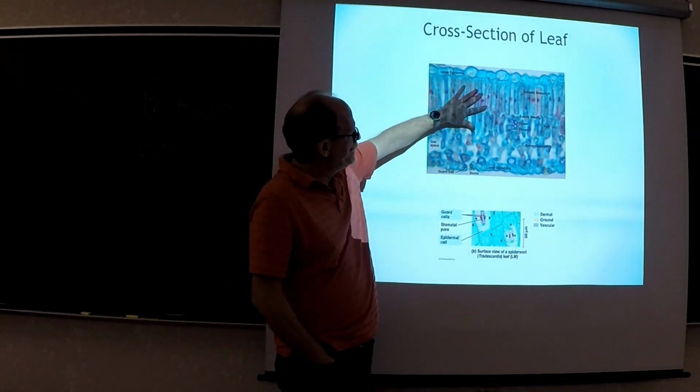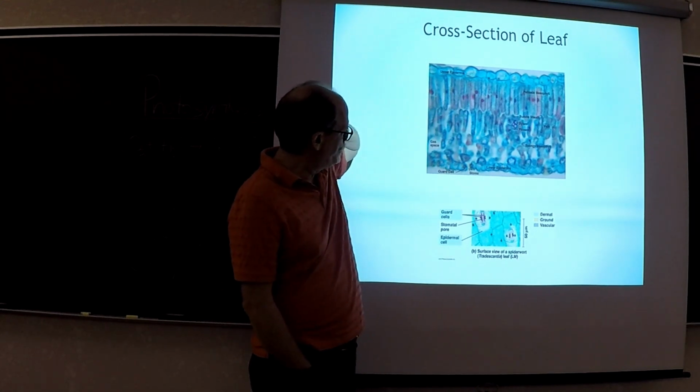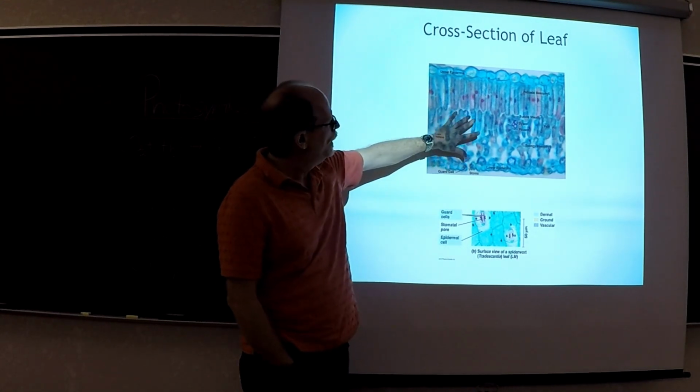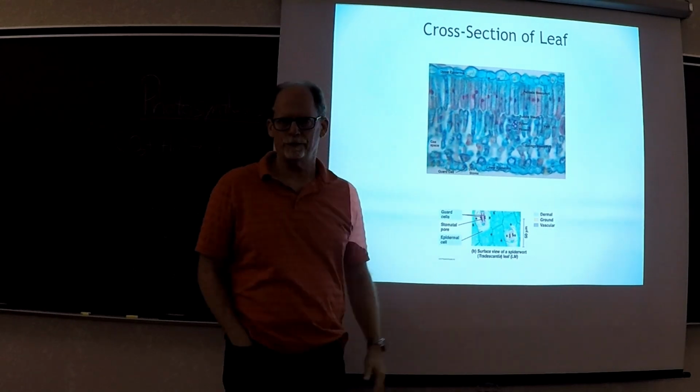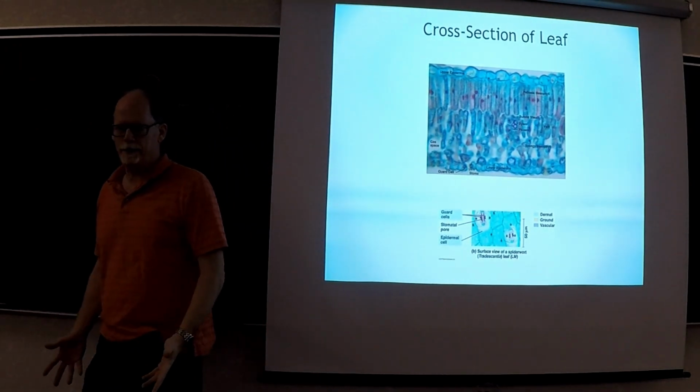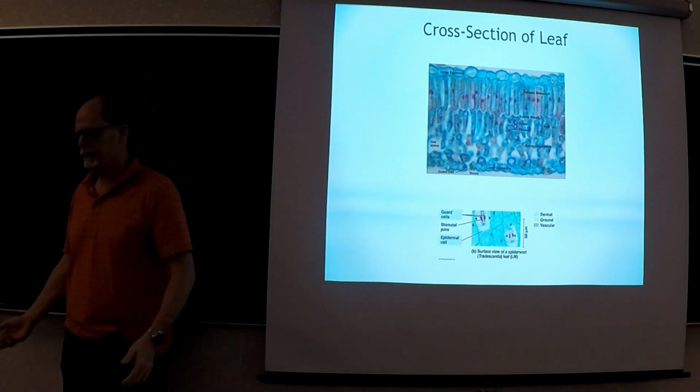So you might see this on the practical. You should be able to label the parts of the leaf. This is the cross-section of the leaf. We would have looked at it in the microscope had we done this in person, but